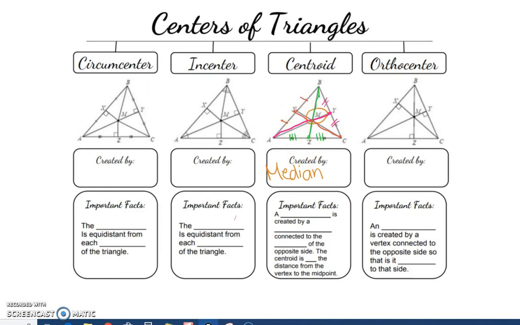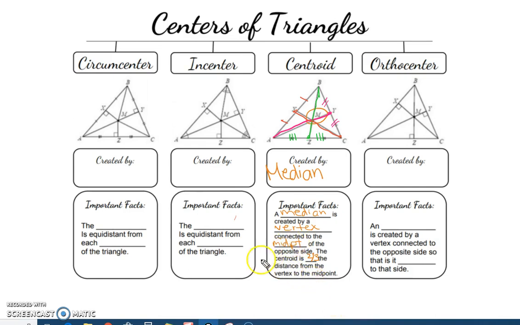And that's what's going on with our important facts. Our important fact is a median is created by a vertex connected to the midpoint of the opposite side. Now, another property that we have with this is that the centroid is 2/3 the distance